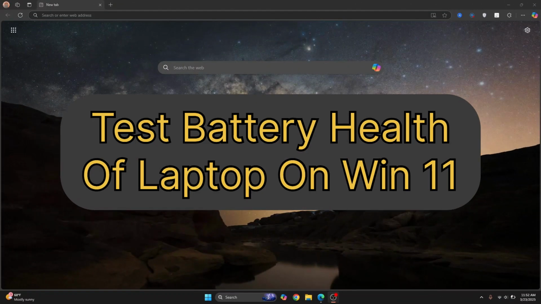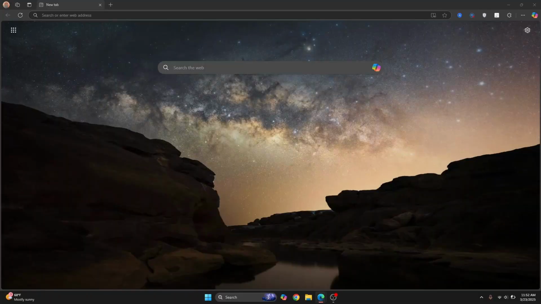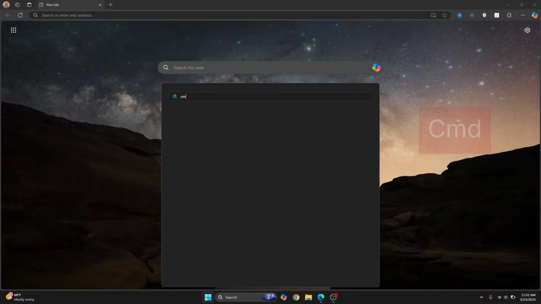Let's see how we can check the battery health of a laptop on Windows 10 or Windows 11. This can be particularly helpful if you're buying a second-hand laptop to check your battery status. So let's get started. First, press your Windows key and type CMD